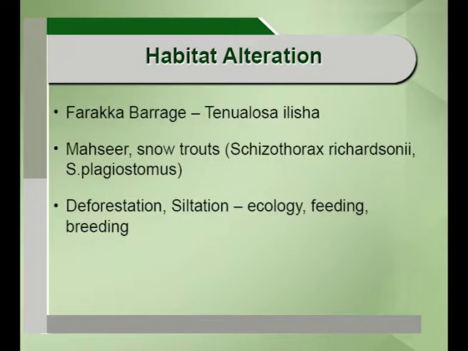To mention a few, the snow trouts or Masir have been severely affected because of construction of dams and other multi-purpose projects. And if you look at other human activities, deforestation is a very important one. Because of deforestation, we will be losing the terrestrial species, and that will also lead to siltation. Because of the siltation due to deforestation or other human activities, what happens? The river flow has been affected severely.